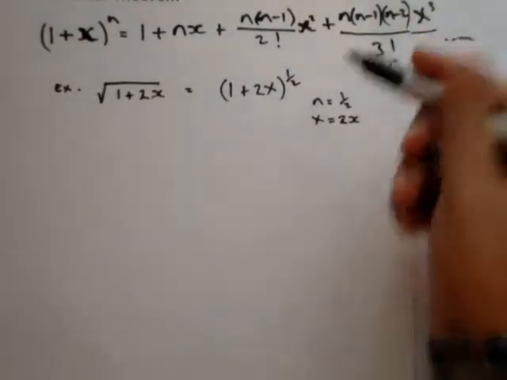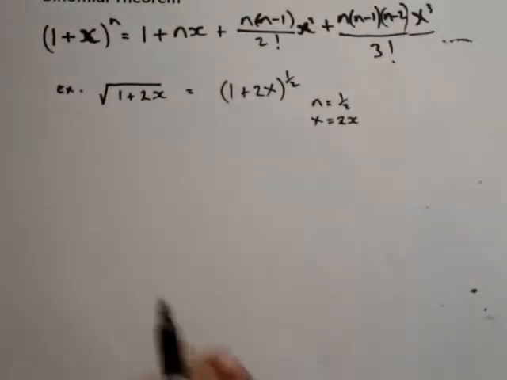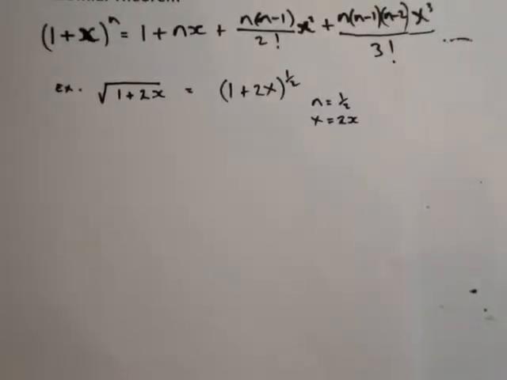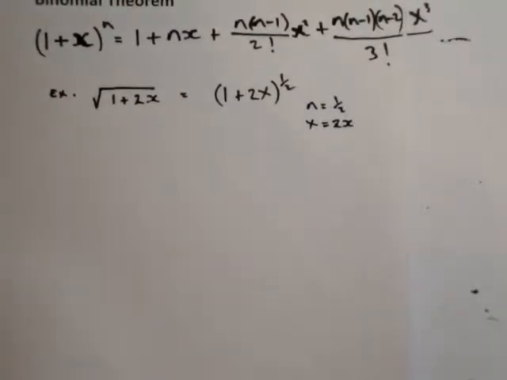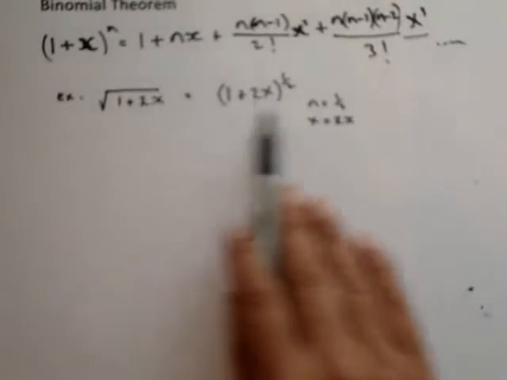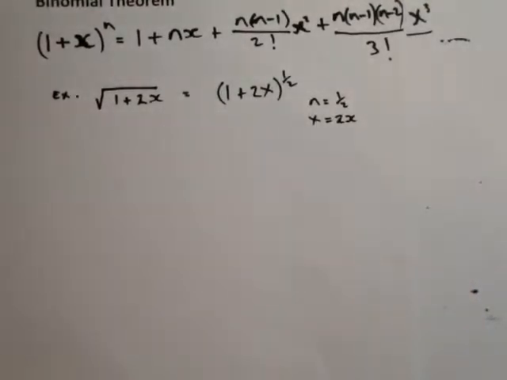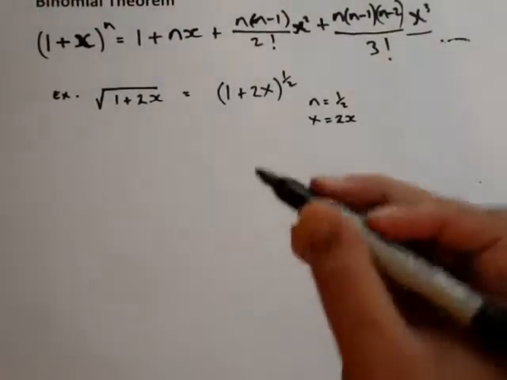So let's apply this rule. Usually when we're doing this we only go to 3 terms, and this gives us an estimation of the expansion. So in this case it would be